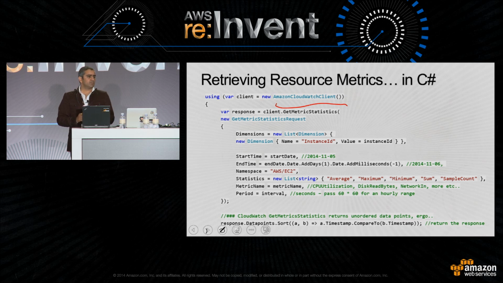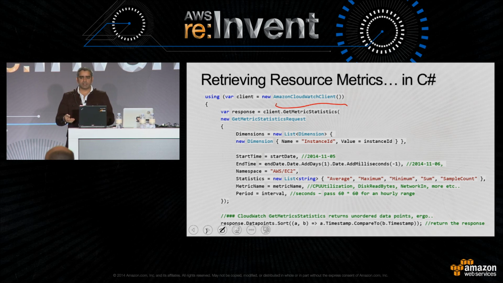In my definition of start time and end time, start time starts with the midnight of the day that I pass, and the end time is just 1 millisecond before the start of the next day, which means it's not really 1 day, it's more data than 1 day. But you can always change that according to your needs. The period is the seconds interval. Because I'm interested in getting an hourly piece of data, I basically pass 3600 in this call, so I'm showing 60 multiplied by 60.